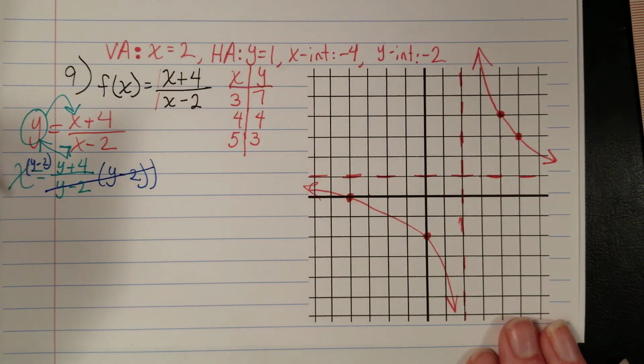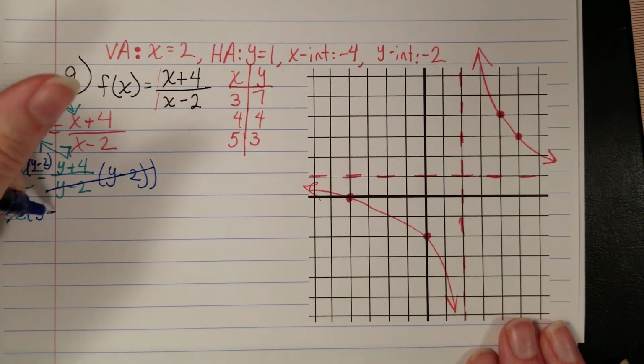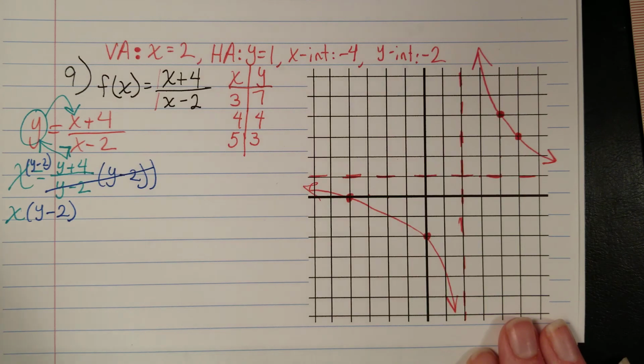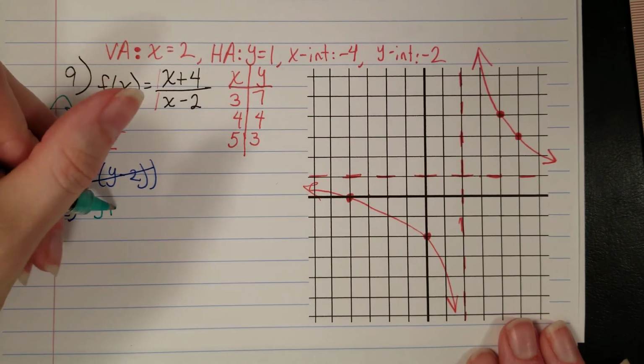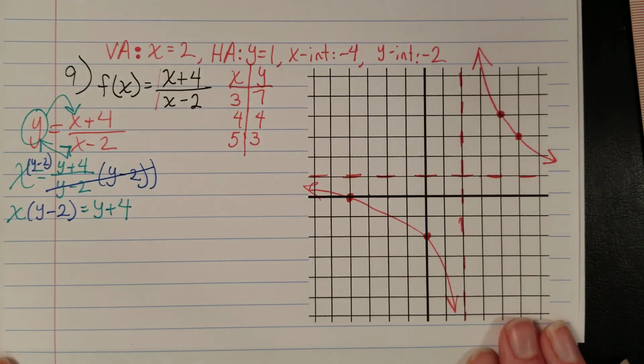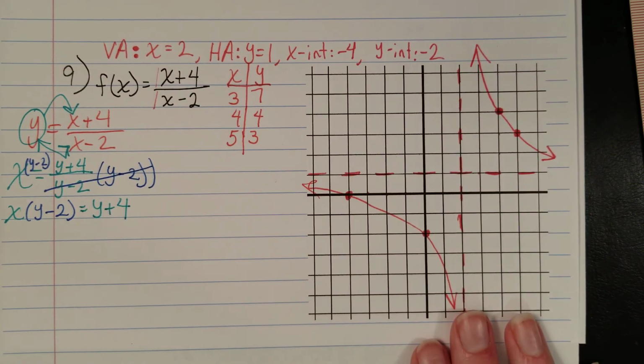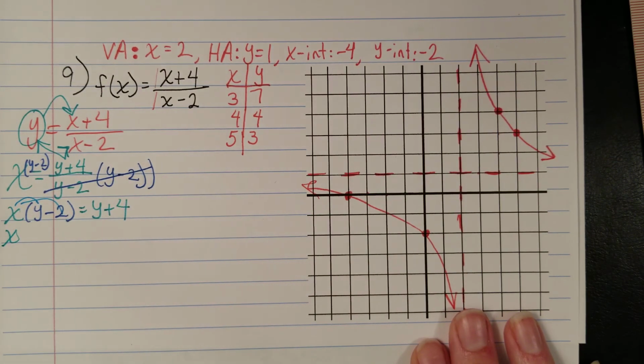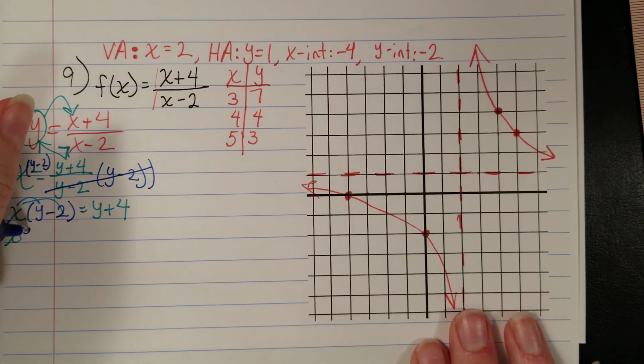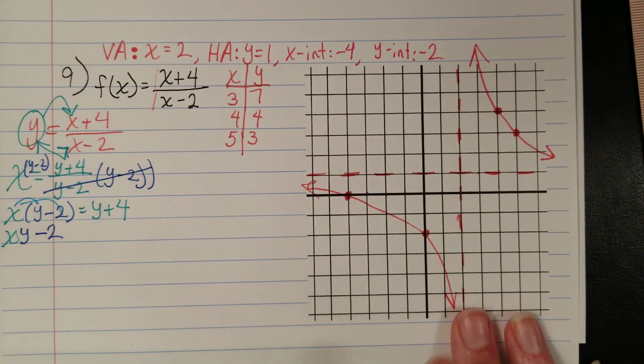So I have x times y minus 2 equals y plus 4. And then I will distribute the x. So that'll be xy minus 2x